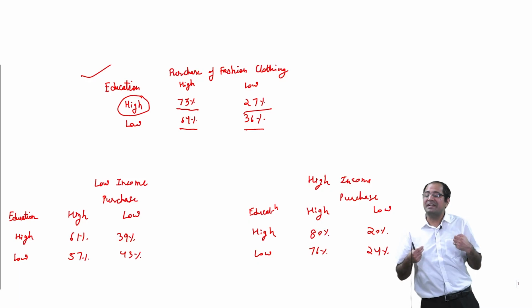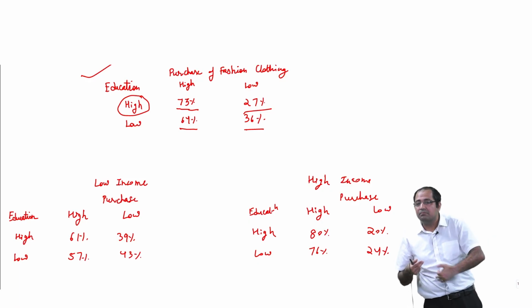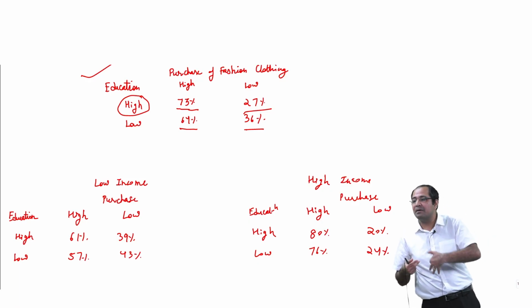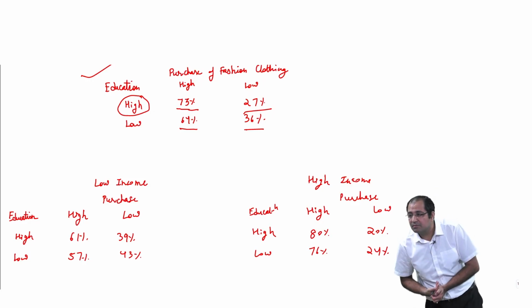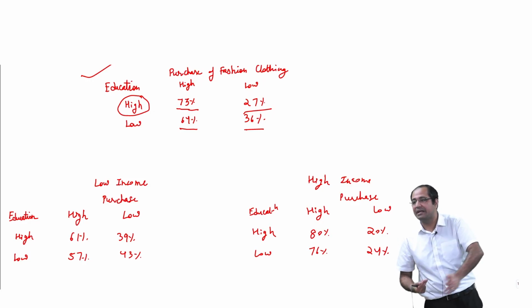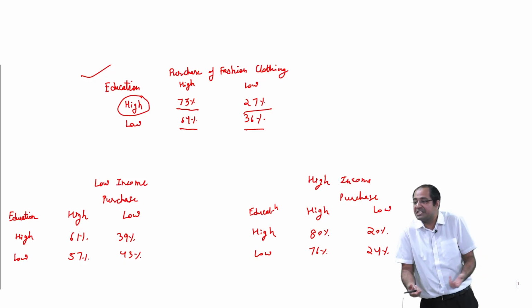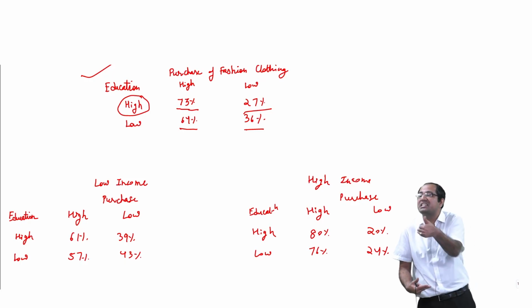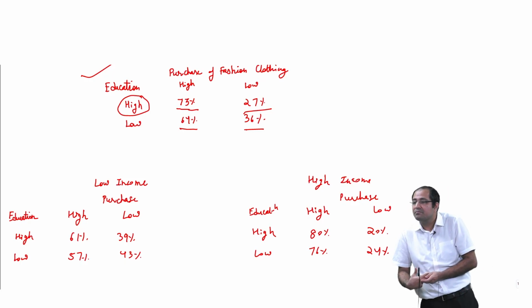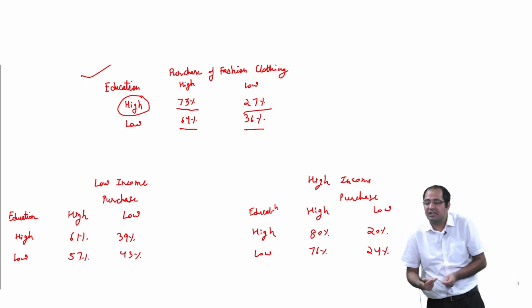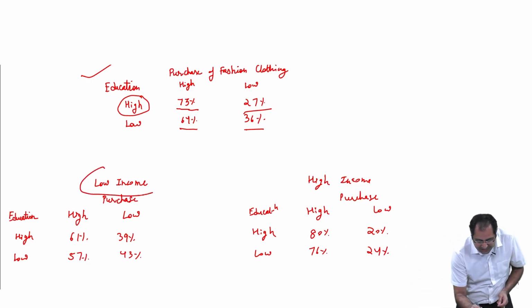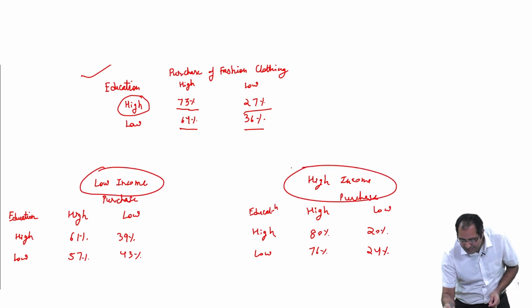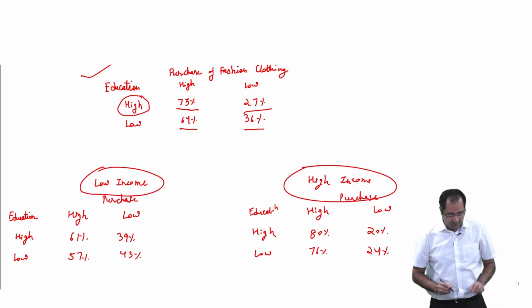So they wanted to see whether, when they introduce income as a variable, the effect would still hold. Would education still be leading to the purchase of fashion clothing? So what they did was introduce income: for low income and high income, they plotted it separately. And what was found was